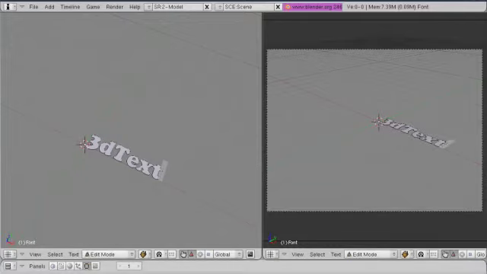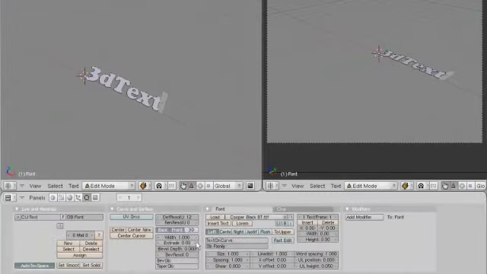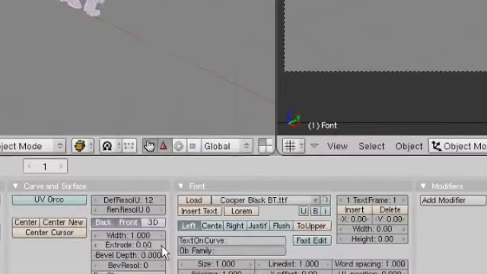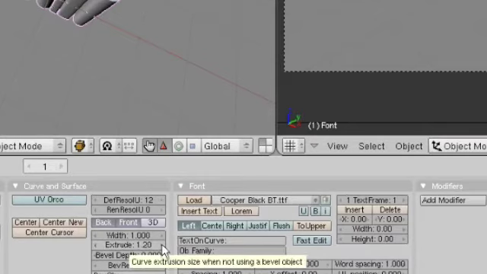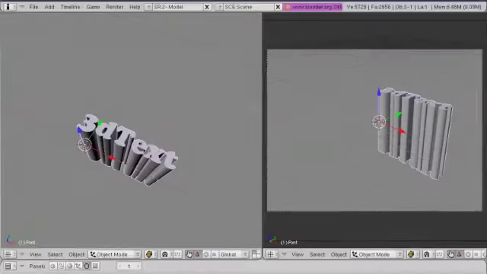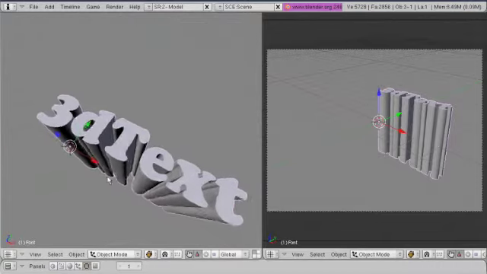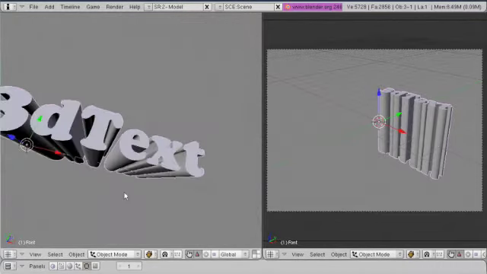So we're going to go down into our properties panel, and we have right here extrude. And so I'll switch from edit mode back to object mode so I can actually see this take shape. And I'm going to just hit my extrude a bunch of times here, and you'll see my text pop out. So we'll go to like 1.4, looks good. And then we're going to zoom in a little bit so we can see our text, and we're going to